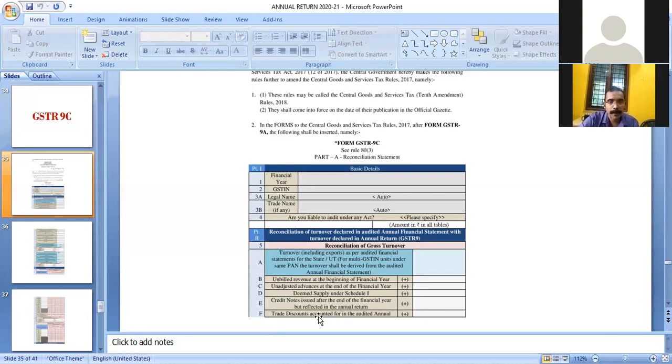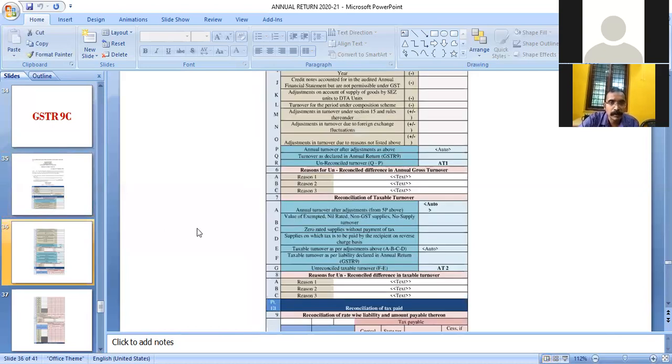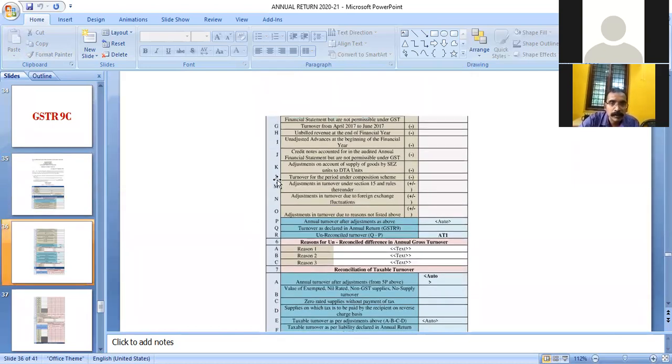Then comes column 5F, trade discount accounted for in the audited annual financial statements, but which is not permissible under GST. Some trade discounts are not permissible under GST, but are recorded in the audited financial statements.